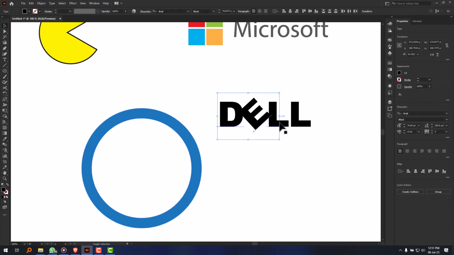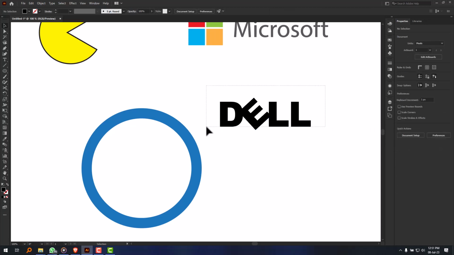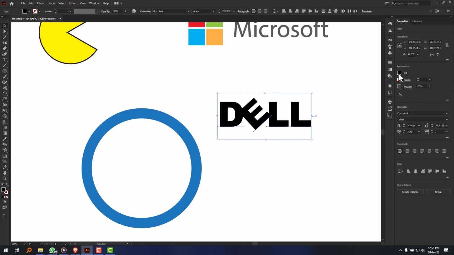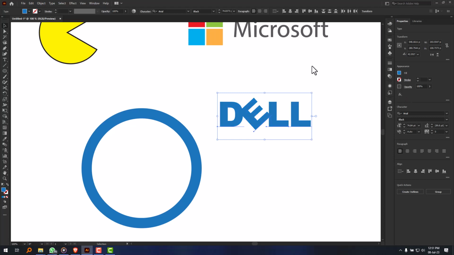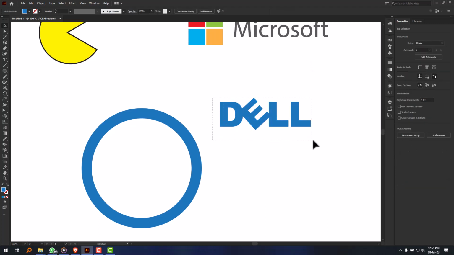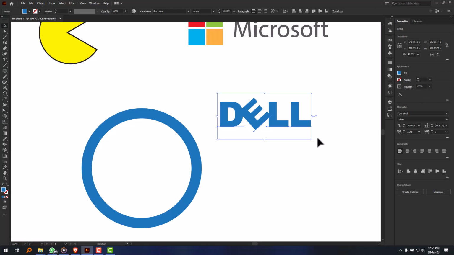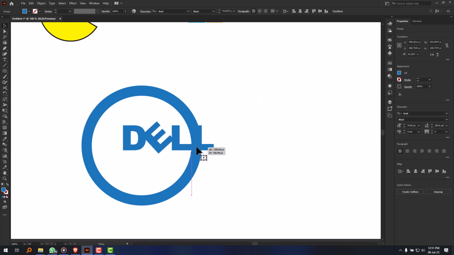So you can select all your texts. You select all of them. You can change their color to the same color together. I want to use this color. Good. Go to my color. I can group them, Ctrl G, and then bring it to